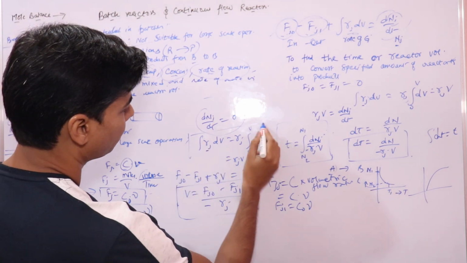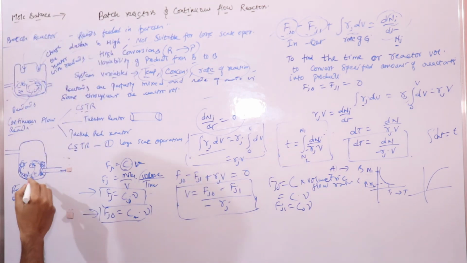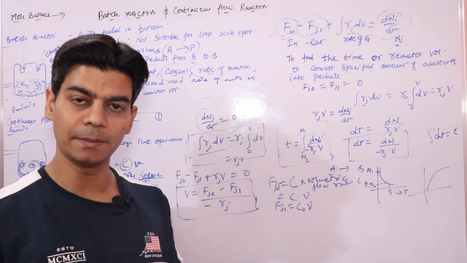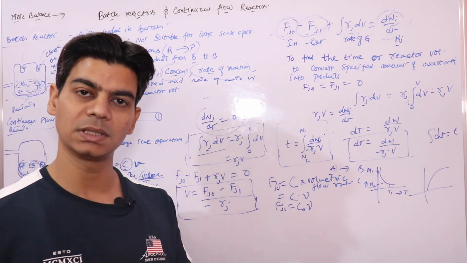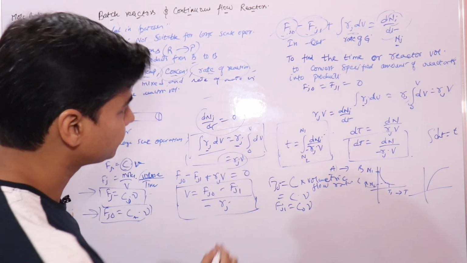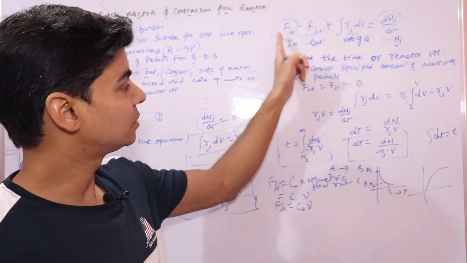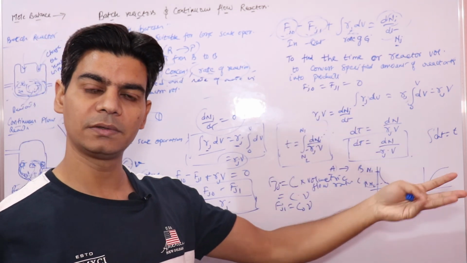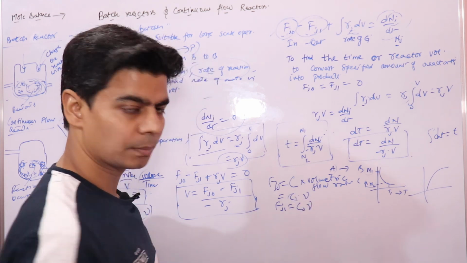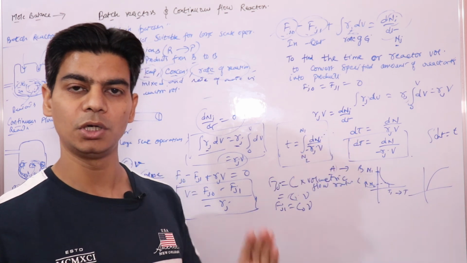And as we said, the mixing is perfect, so the rate of reaction is the same at every point, so we can take Rj out, and you will get this. This is done. Now this would be, as we said, Fj, and this flow rate is the product of concentration and volumetric flow rate. Concentration is your moles upon volume, and flow rate is your volume flowing per unit time, volume upon time.